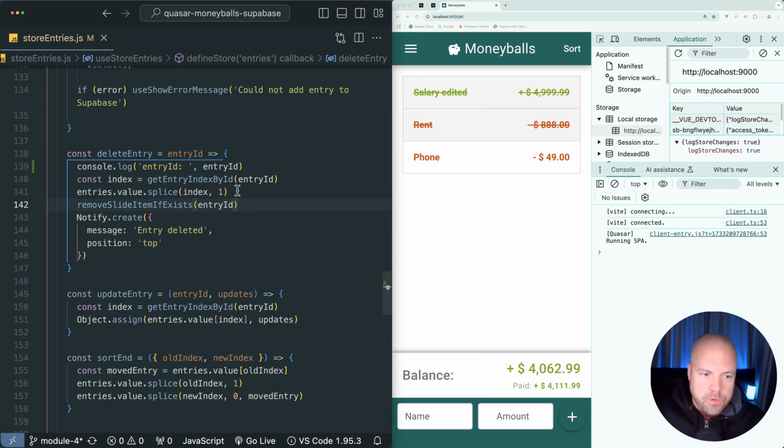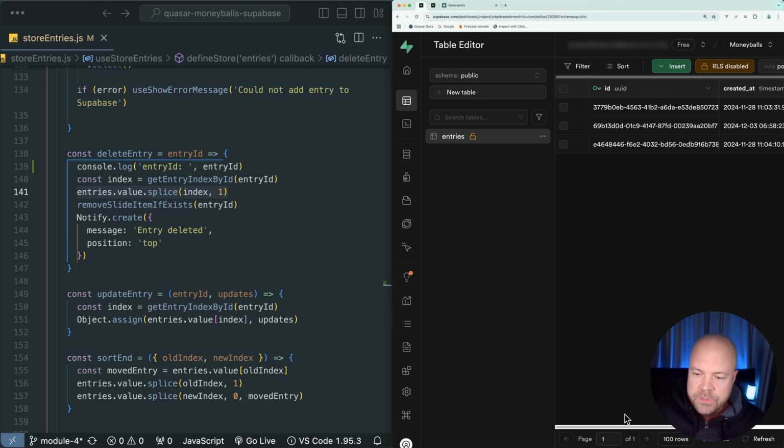So instead of removing the entry from our local entries array, let's actually delete the row in our entries table